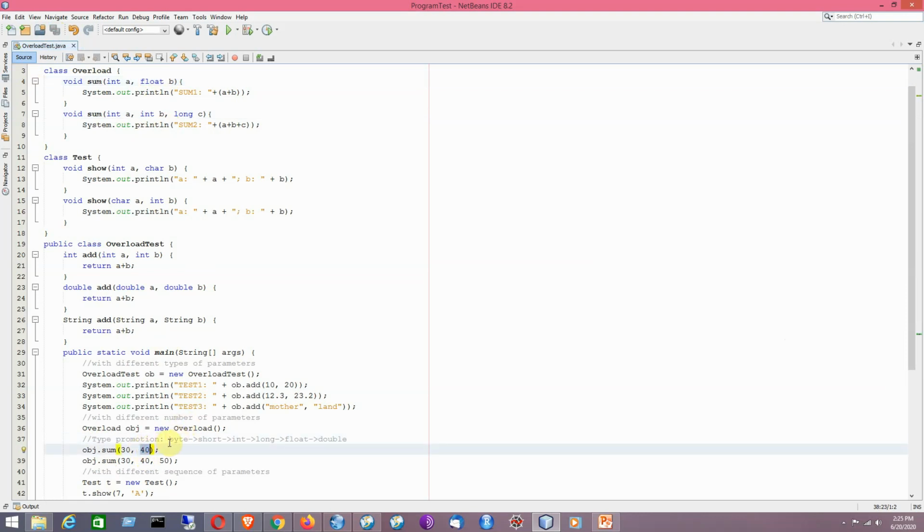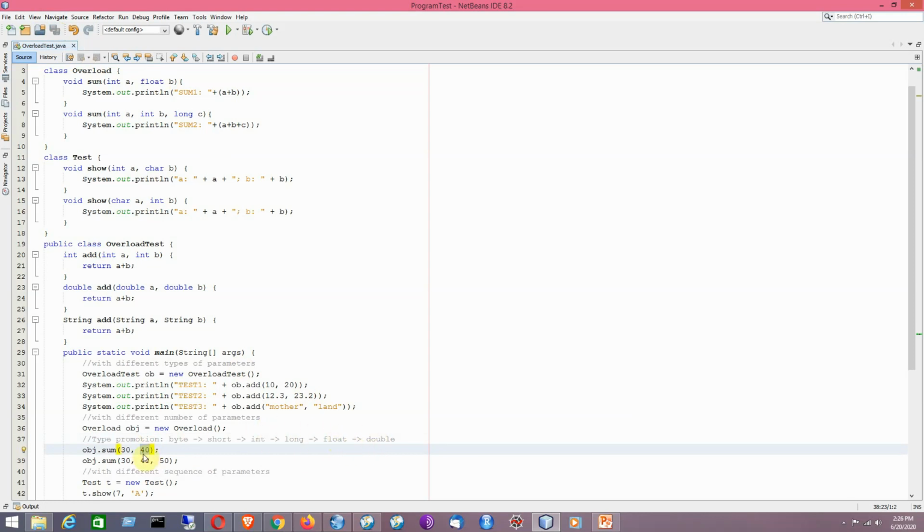Now have a look at this particular structure here: byte, short, int, long, float and double. So it is an integer type variable, and here it is a floating point type variable, like a float. As you move to the right hand side of this relationship, you have a broader data type.